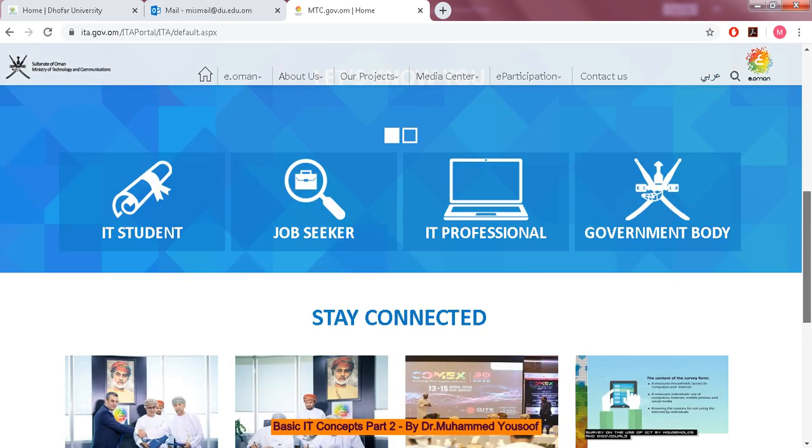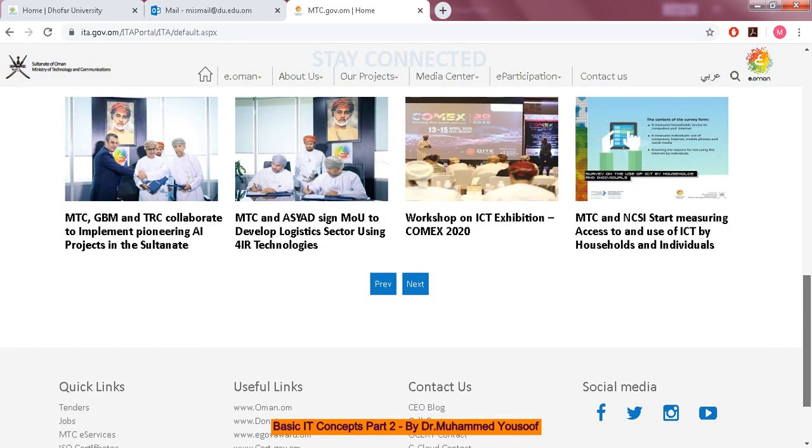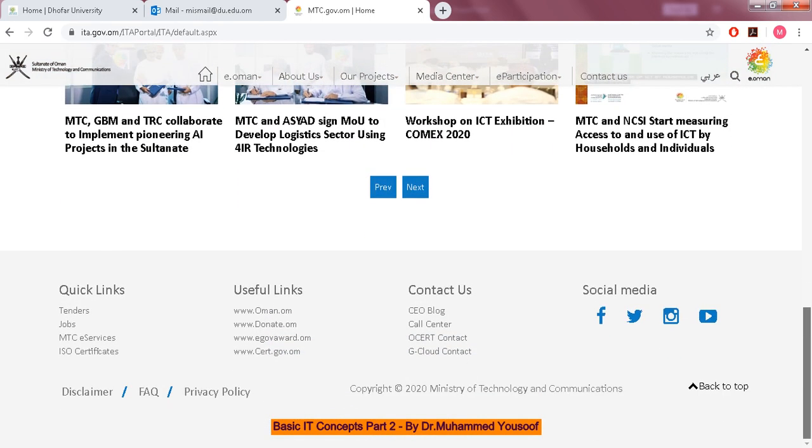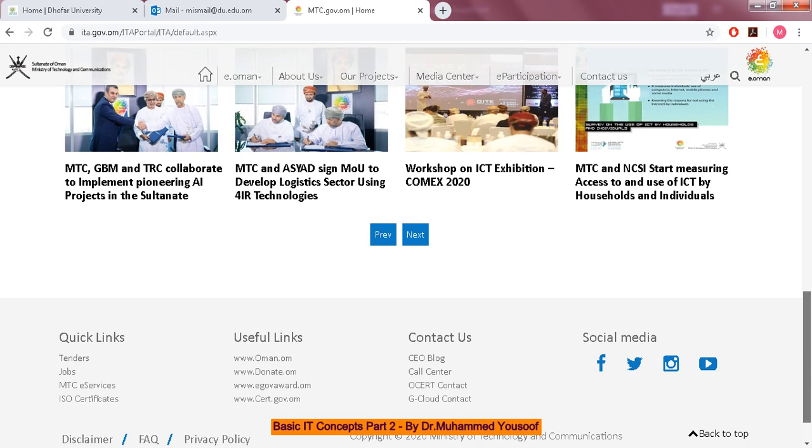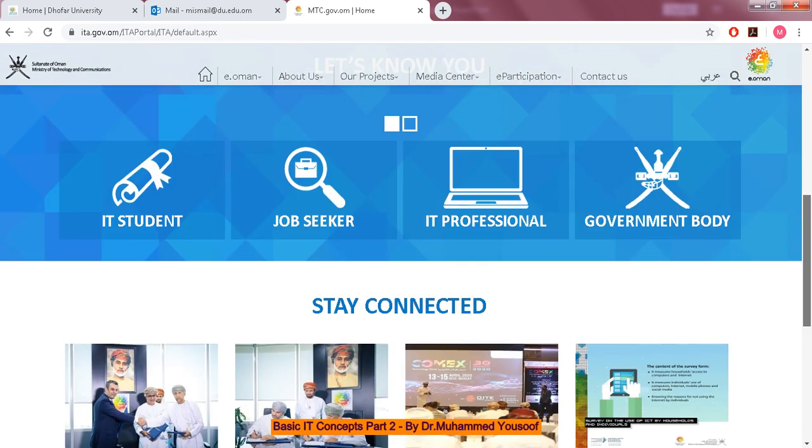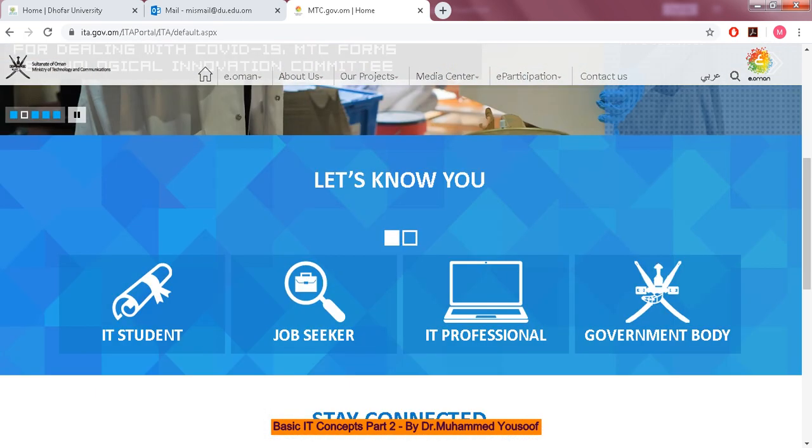For example, if you are a job seeker, or useful links, MTC services, whatever you have, any services which are done by the government through an online platform is called e-government.